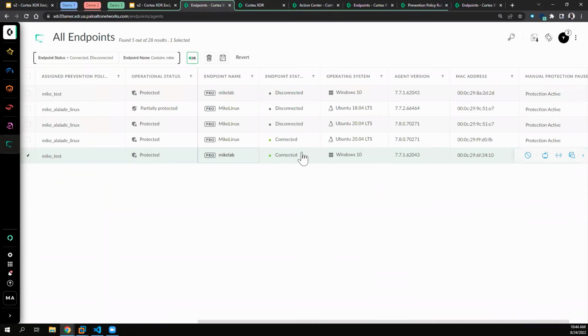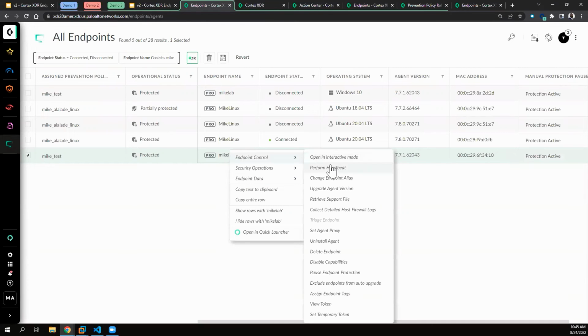An endpoint that refuses to report back to the tenants, after 10 minutes, after 2 cycles of heartbeat, we go back into disconnected state. But you have the option as XDR admin to force a heartbeat to be done immediately if you have made a policy change or you just want to check the status immediately. So to perform the heartbeat, all you need to do is right click on this and immediately perform a